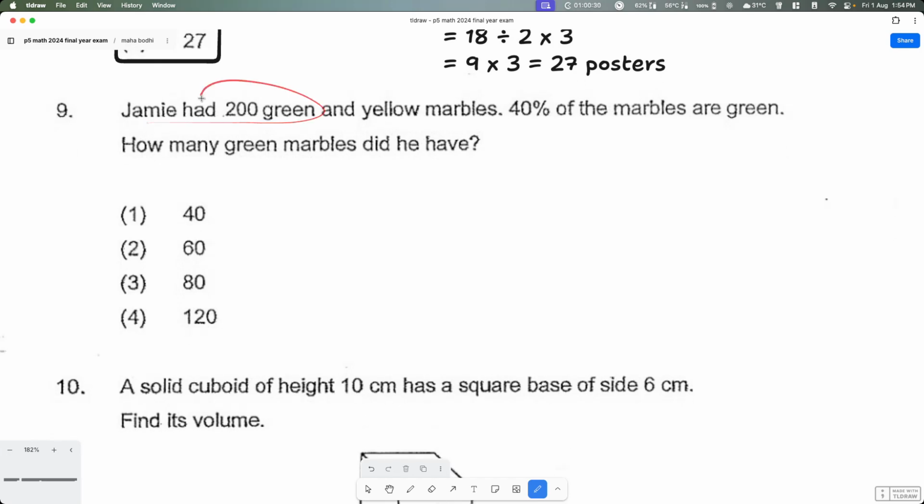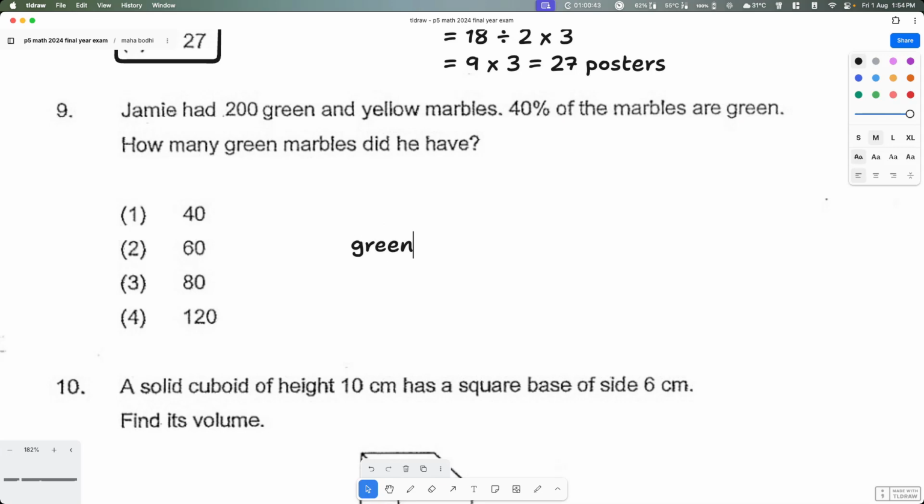Jamie had 200 green and yellow marbles. 40% of the marbles are green. How many green marbles did he have? Okay, so we have 200, and 40% are green. We want green, so green is equal to 40% times